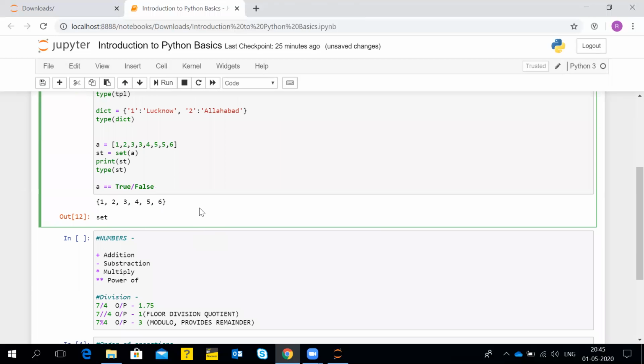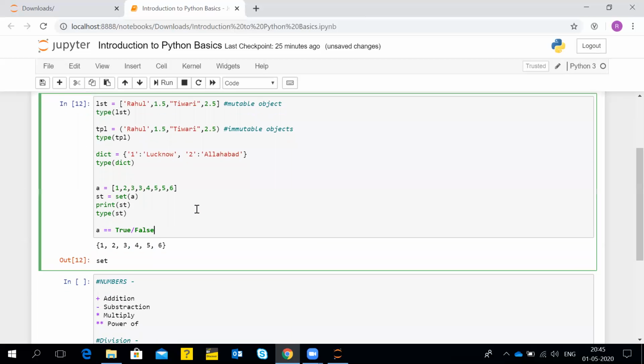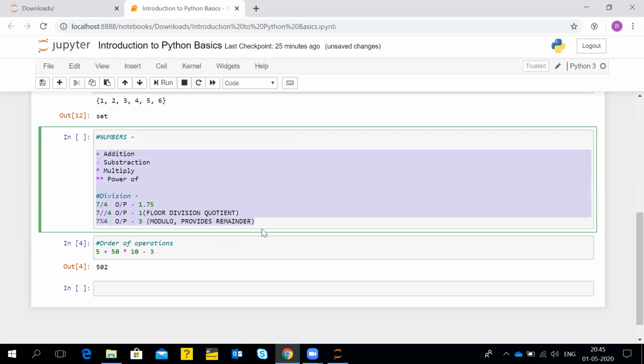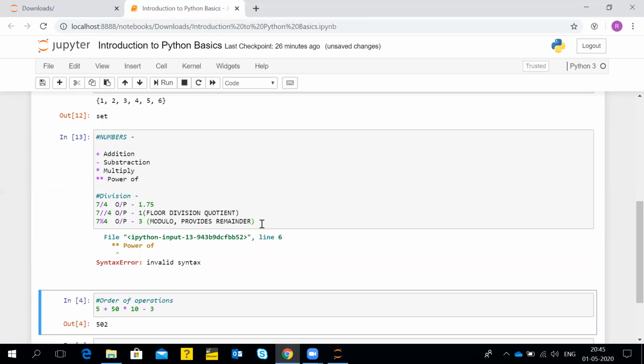Okay. So after discussing the basic data types, now we will come on to the arithmetic operations which we can perform using numbers. These are the operators which we usually use for dealing with numbers. Plus means addition, minus means subtraction, just simple maths which we commonly use in our general life also. For the power term we use 2 stars, and I will show you what all the basic operations we can do.